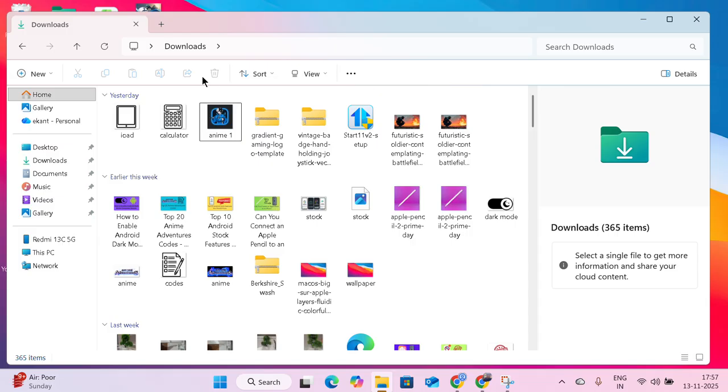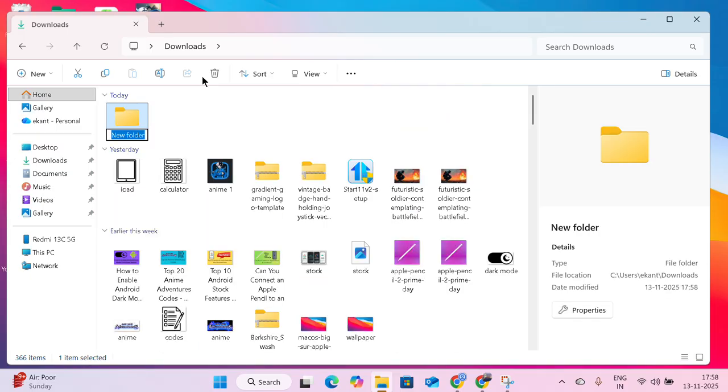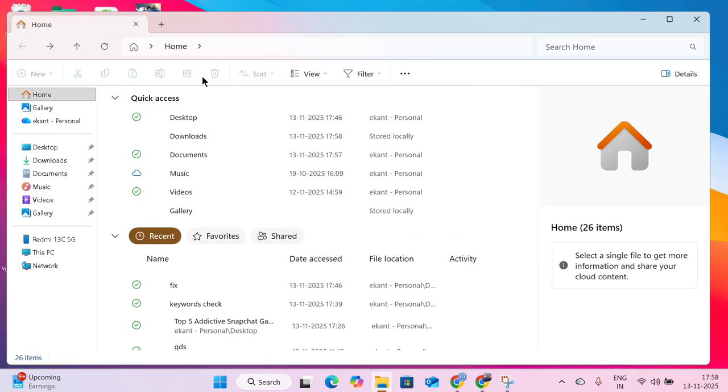The next is Control Shift N to create a new folder. You can name it whatever you want. And Alt left arrow. Press the button Alt and left arrow to go back,